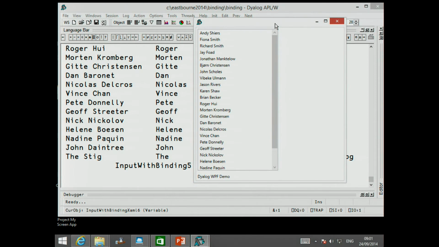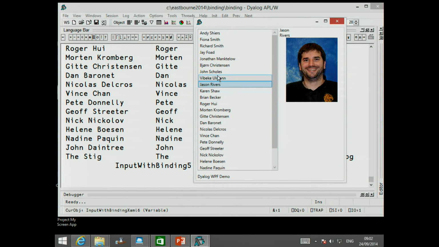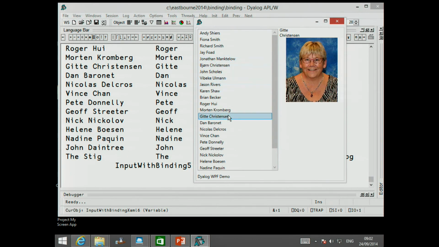But in 14.1 or in 15, when we put the work in so that the 2015 data binding IBeam works on matrices, then again, all the complexities in your callbacks would just disappear, and you could just write general APL selection expressions on your matrix. So the way this works is I can just click on an item, and then I get in the right-hand side, at runtime, picked from that data table, the appropriate information for that. I was going to say employee, but I seem to have landed on an employer rather than